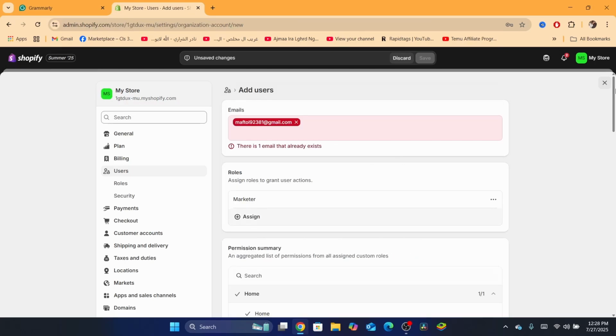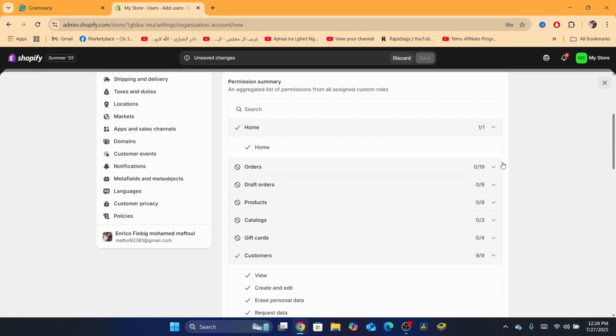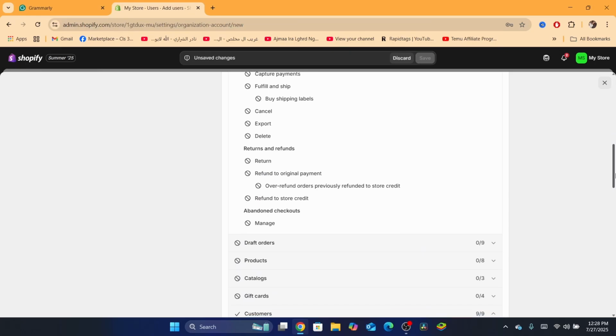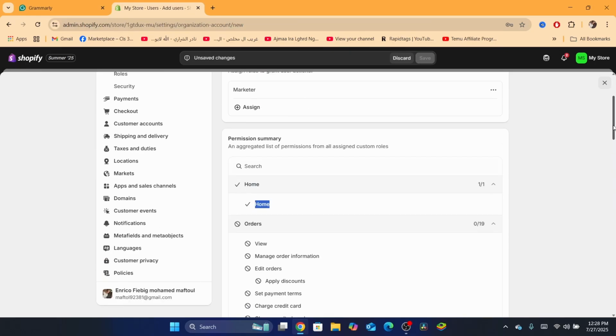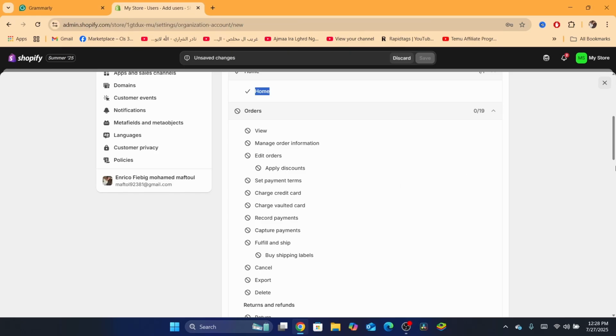Okay, so after that you can also uncheck anything you don't want here. For example, orders, this is exactly what they are going to do. They will be able to view orders, manage order information, set payment terms. Okay, so this is exactly what they can do. Okay, so it says here this is not okay, so let me show you guys exactly